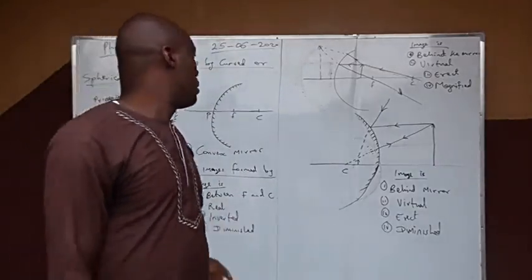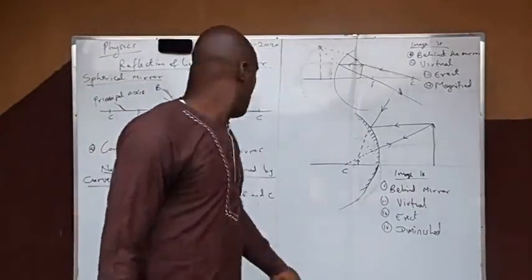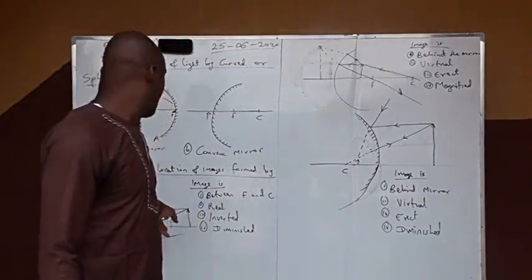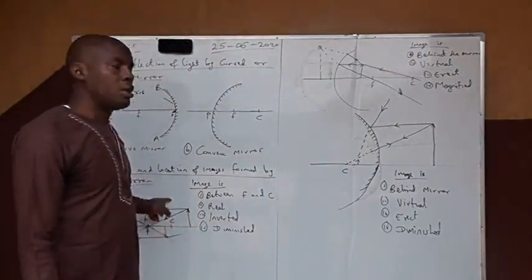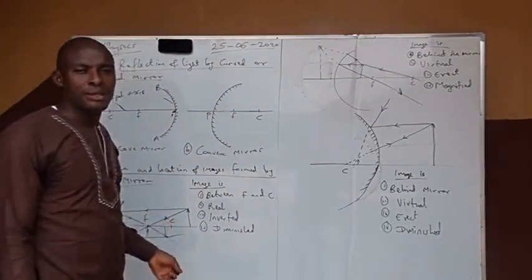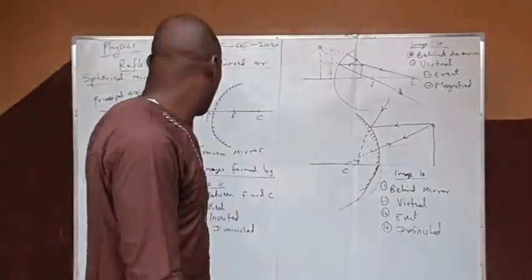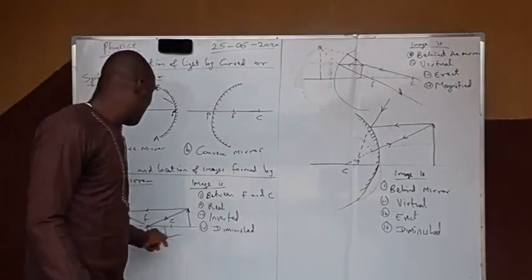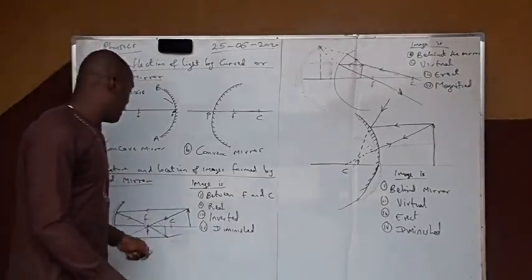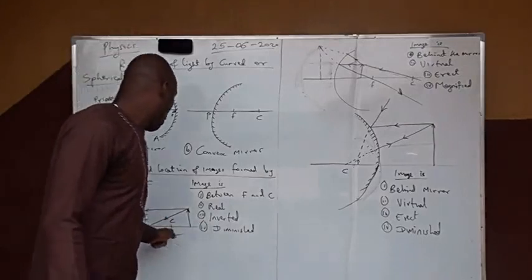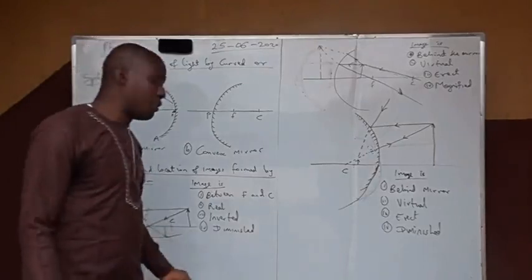We also have other images. Some of them include when the object is at C. When the object is at C, as you see in your note, the image must also form at C. So when you are asked what kinds of images are formed when the object is at C, you can use this one as an example. In this case, the image must be at C. It must also be inverted. It must be real. And the magnification must be 1.